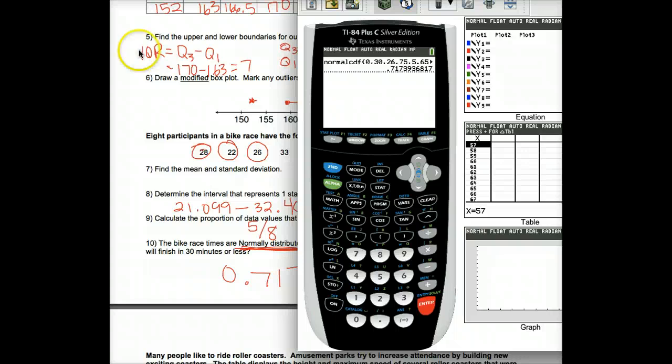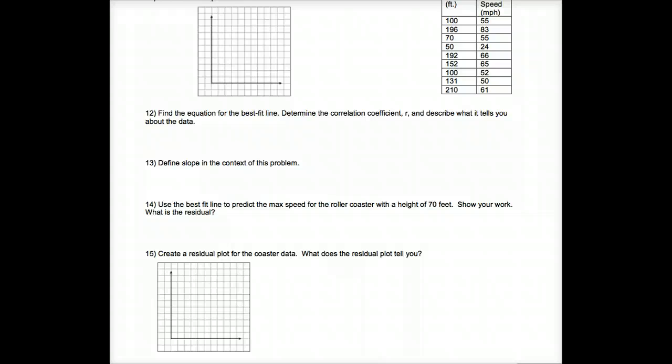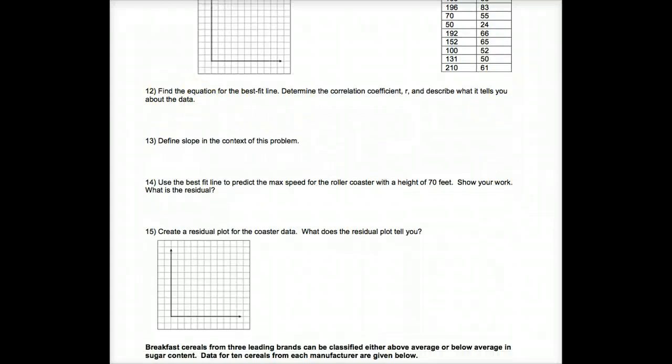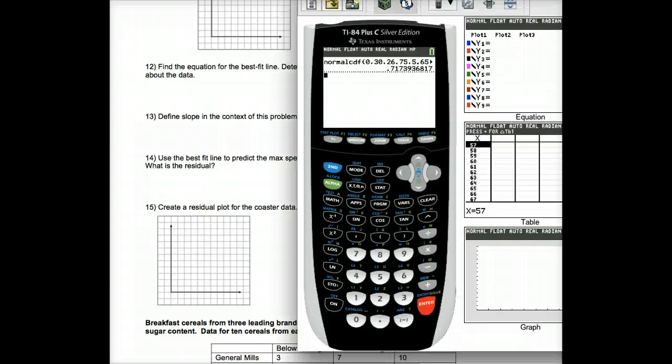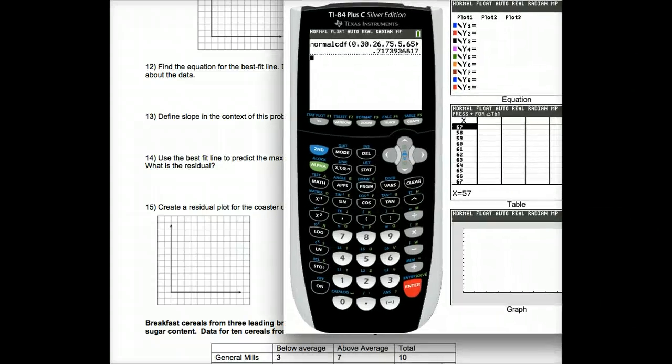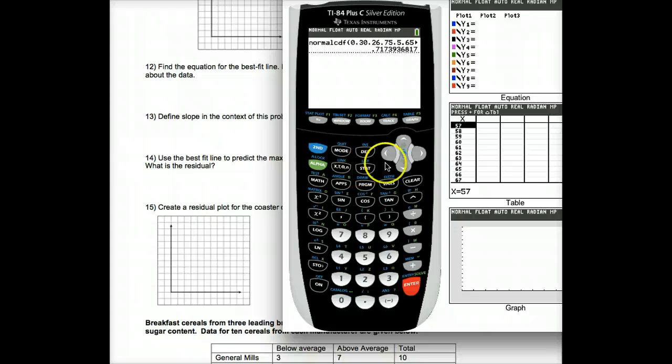All right. Next thing that I want to look at on the next page here is how to find the equation for the best fit line as well as the correlation coefficient R. Remember that in order to get R to show up, you have to have your diagnostics turned on. So there are 2 ways that you would possibly have to do this, and we already did it in class,